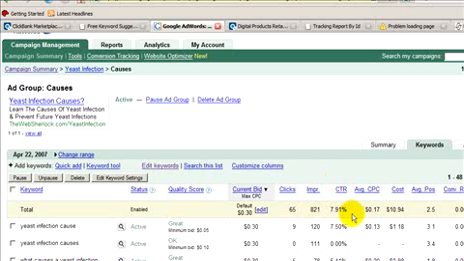My group total is almost 8%, and my position is pretty high, right? 2.5. Cost per click is 17 cents, which is not bad. So this is one of them. I can show you the others, although